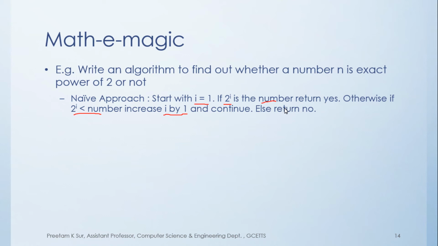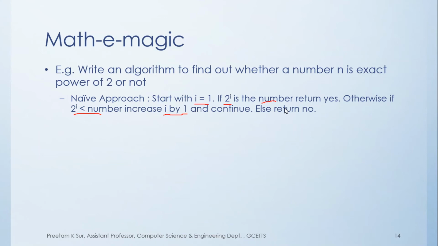In that loop, you are basically having the power as a loop variable, and you are increasing the power 1 by 1 and checking whether 2 to the power I is equal to the given number or not. If you find at some point that it is the given number, fine, you can tell it. Now if in the loop you find that the value of I has reached the value where 2 to the power I has become greater than the given number, then you obviously stop the program, right? Then you can tell that this is not an exact power of 2.